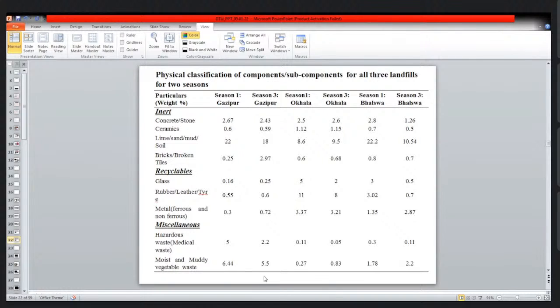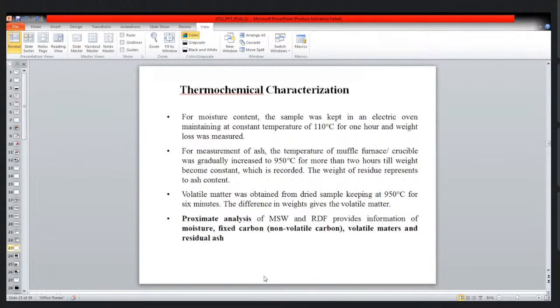After this, thermochemical characterization is carried out. In the chemical characterization, one part is also included, that is moisture content. The sample was kept in an electric oven, maintained at constant